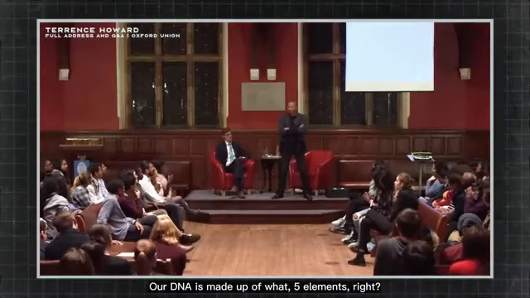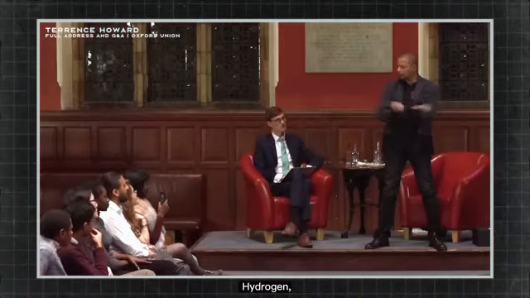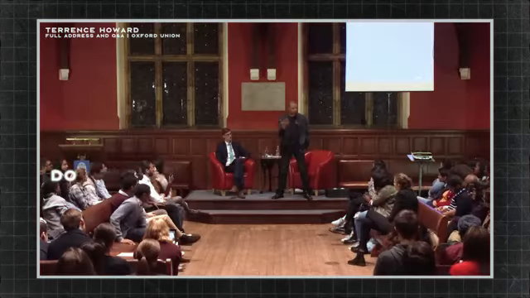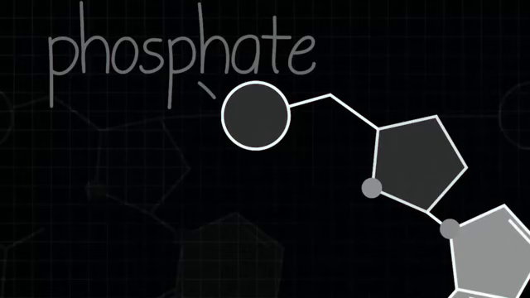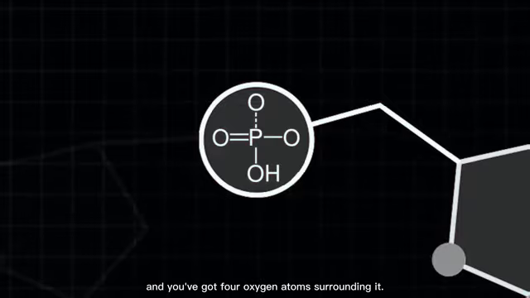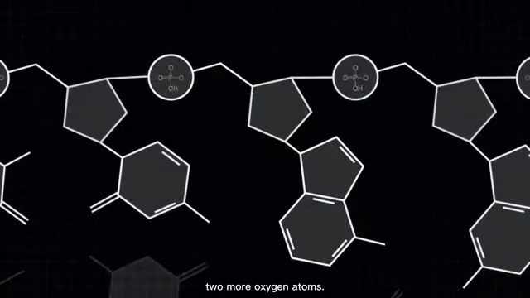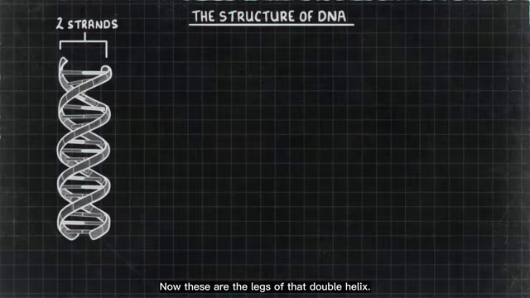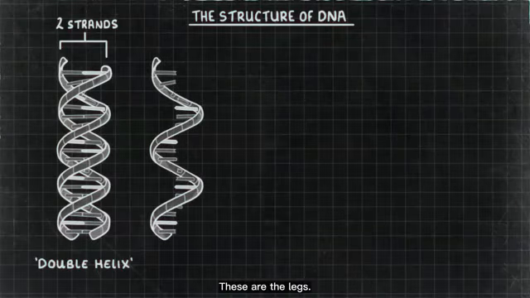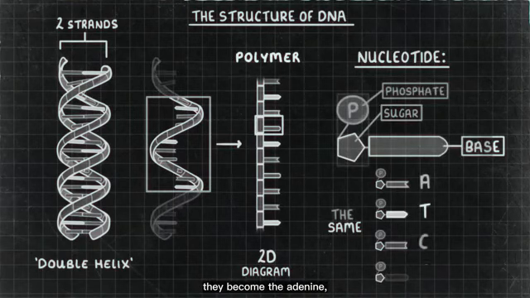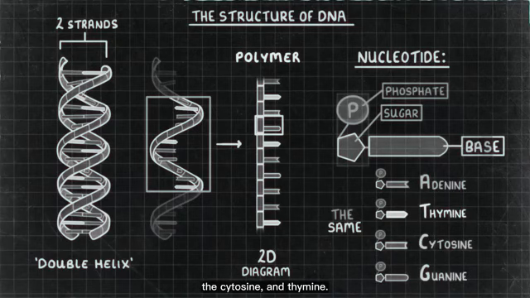Our DNA is made up of what? 5 elements, right? Hydrogen, carbon, nitrogen, phosphorus, and oxygen. You know how they're arranged? The phosphorus sits right here in the middle, and you've got 4 oxygen atoms surrounding it. Then there's another phosphorus, 2 more oxygen atoms. Now these are the legs of that double helix. These are the legs. Now the ladder steps on it, they become the adenine, the guanine, the cytosine, and thymine,